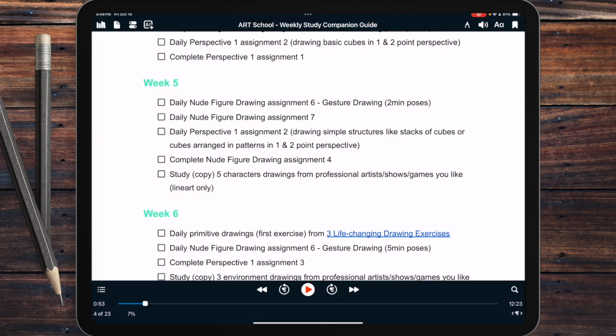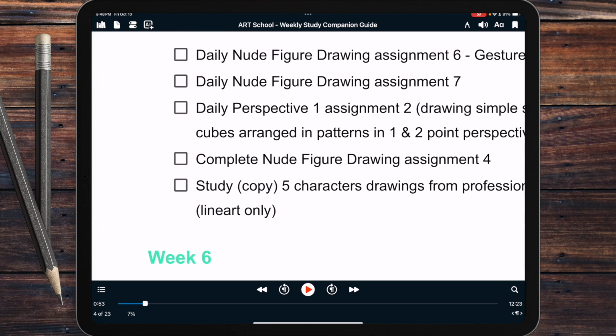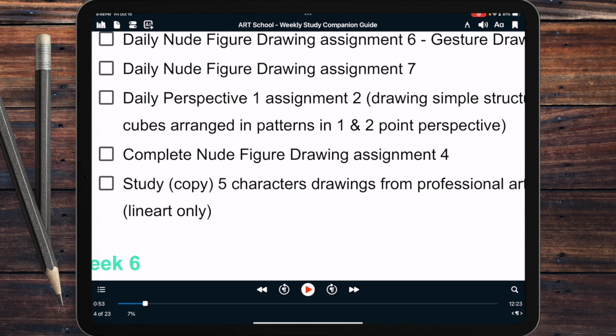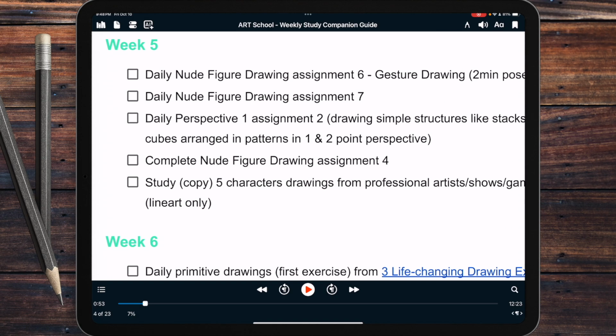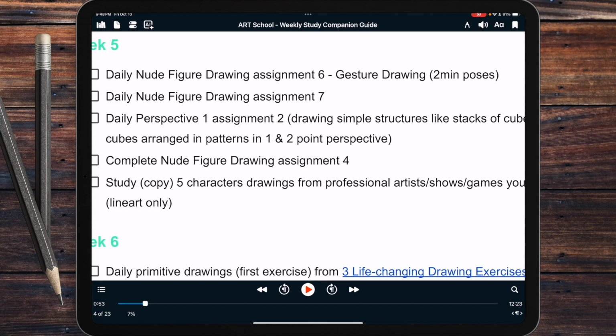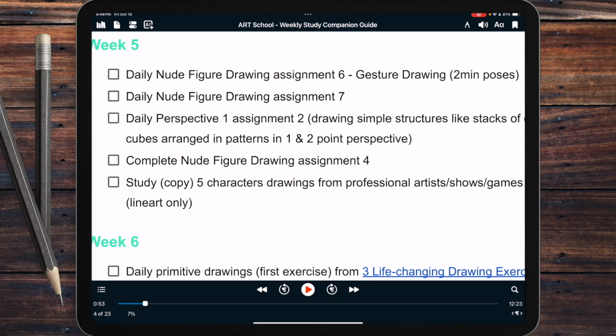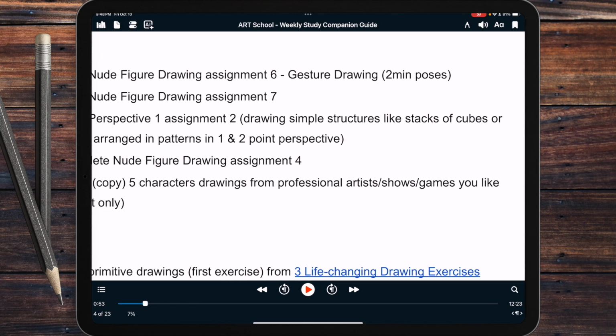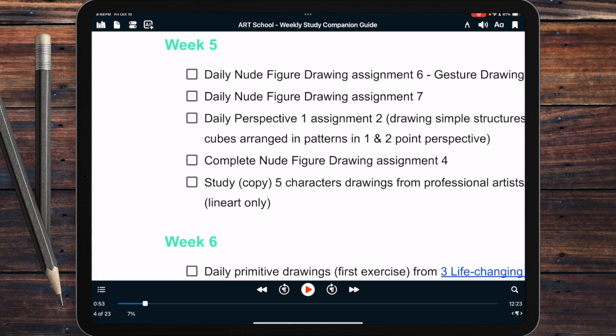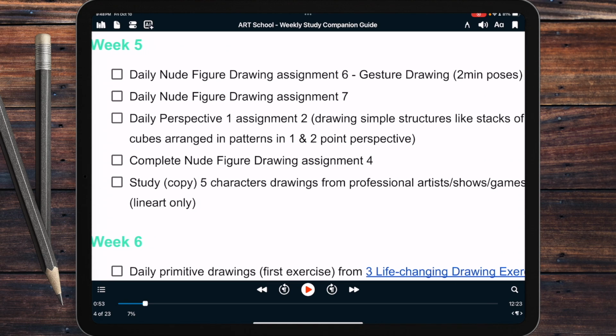Okay, so again, more of the same thing. Daily drawing, perspective 1 assignment. Just draw boxes using perspective techniques and stuff like that. Vanishing points and that kind of thing. So the next one was complete nude figure drawing assignment 4, which was basically to draw skeletons whose limbs are